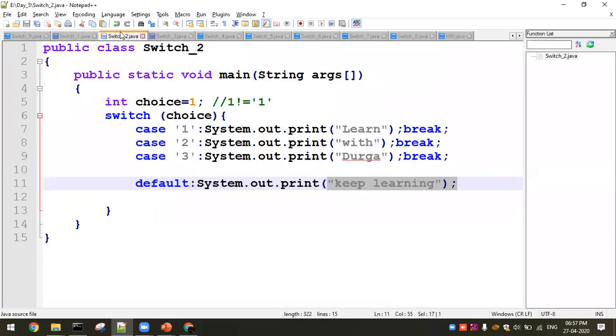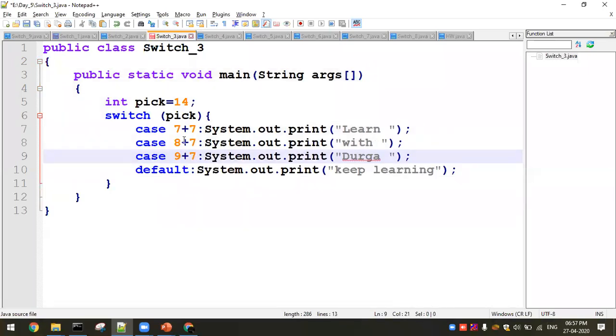So that is the first limitation. The second limitation: you are supposed to take care of the data type that you have mentioned inside. The third limitation is you can't allow a variable expression. A variable expression is, for instance, instead of this, I place a plus b. Then it is not going to be allowed, because case does not allow a variable expression, but you can have a constant expression. A constant expression is like 7 plus 7, what is the value? 14. This is 8 plus 7, 15.